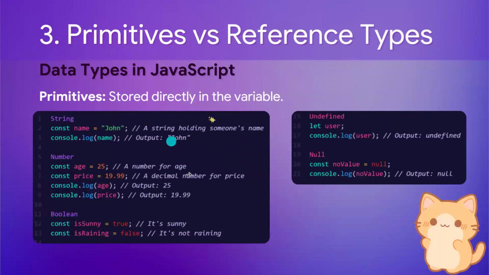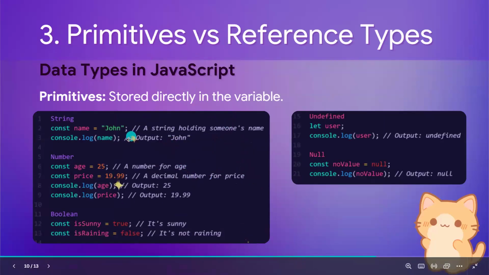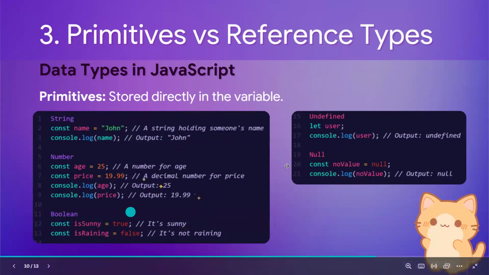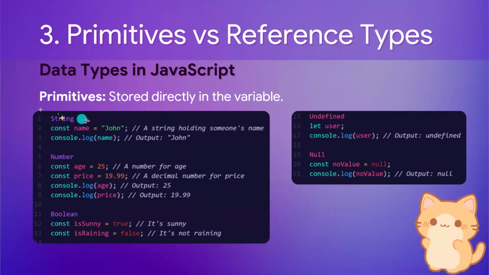Okay, then we will have primitives versus reference types. I think most of you have maybe heard about the kinds of types that we have in JavaScript. For example, primitives are stored directly in the variable. So in this case, I put a lot of examples of all the types that we have. About the string,